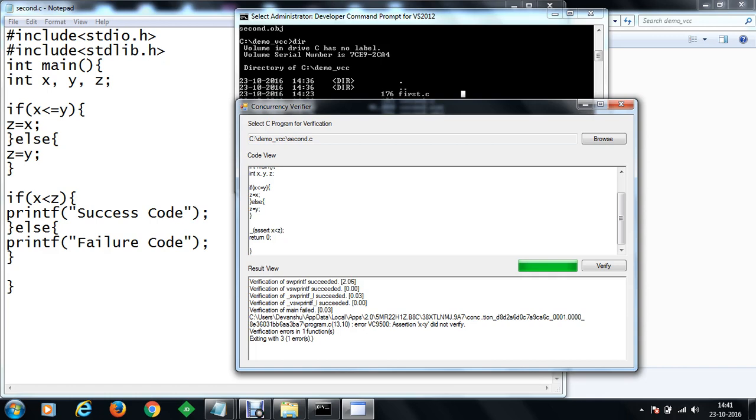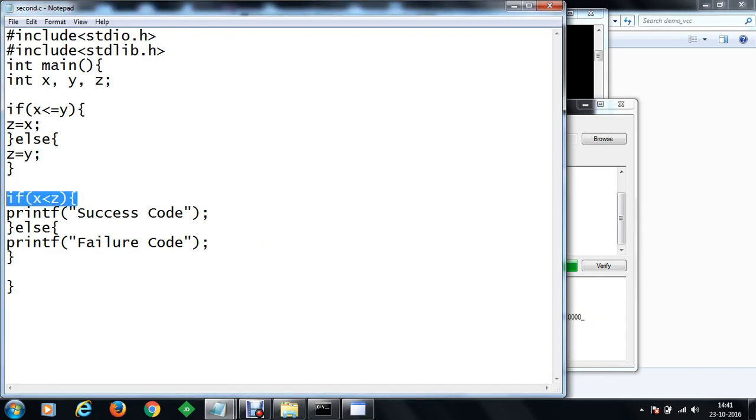Let's test that with the z condition, because in the real program we have tested that with z. So let's verify that with z, if x is smaller than z. After the verification is done, you can see that x is smaller than z also did not verify. Hence the condition here is not logically correct.